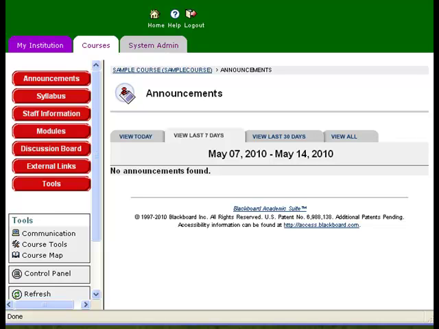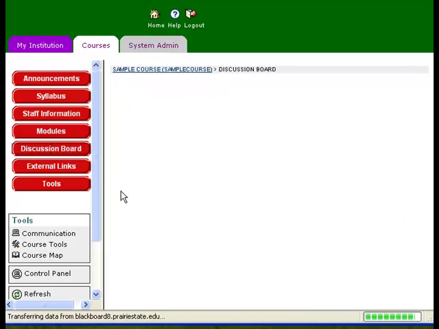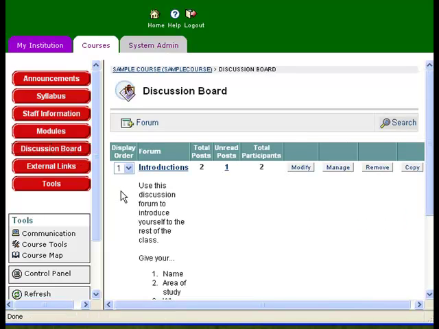First of all, you need to look over on the left side of the screen where the navigation menu is, and you'll notice that usually there's a discussion board button, and you need to go ahead and click that. You'll get to the discussion board, and you'll need to scroll down to whatever discussion your instructor wants you to use to post your paper. So if you go to that,